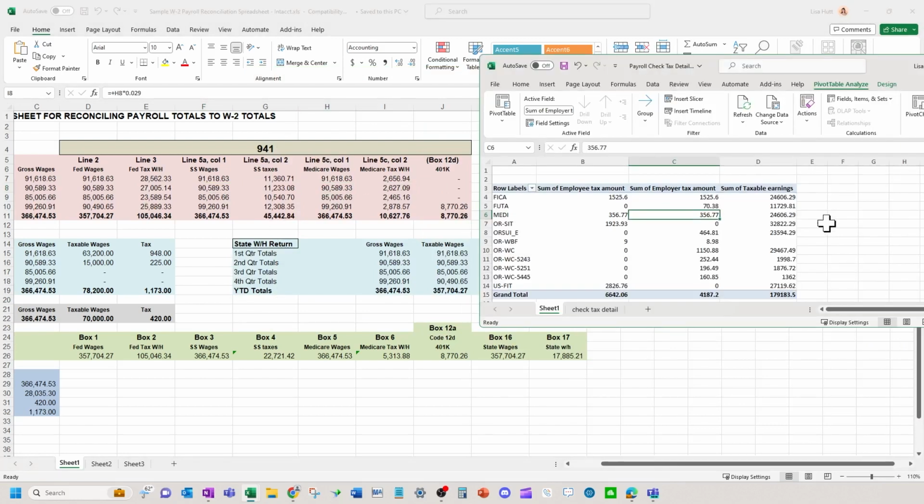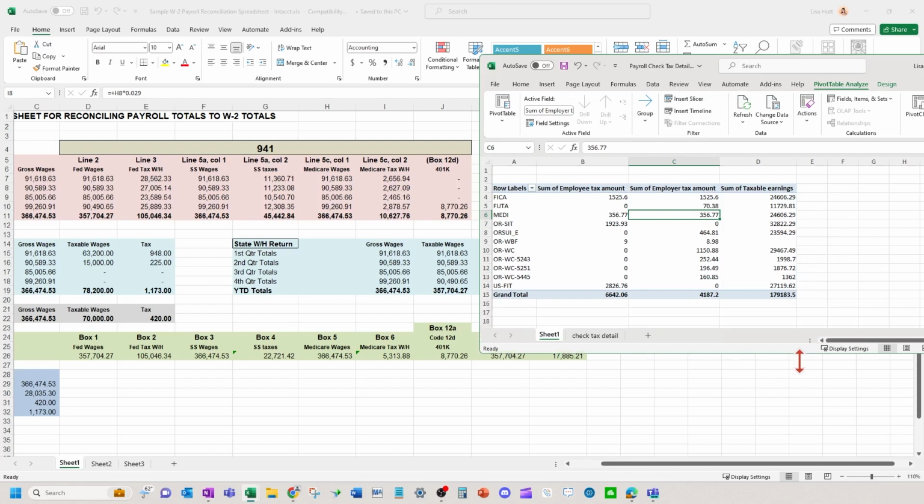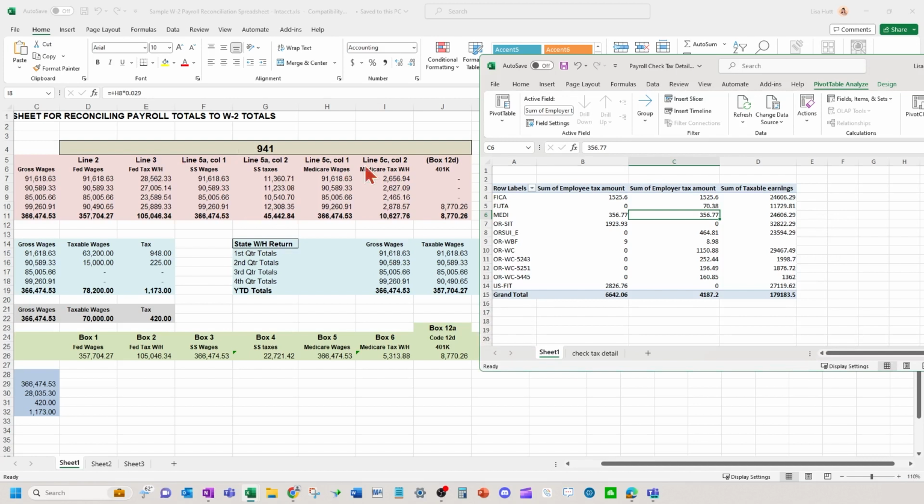That will help reduce any IRS notices or letters that you may receive. Okay, so the big thing is your 941s that are filed should match your W-3. Otherwise, you're going to get a notice from the IRS at some point.